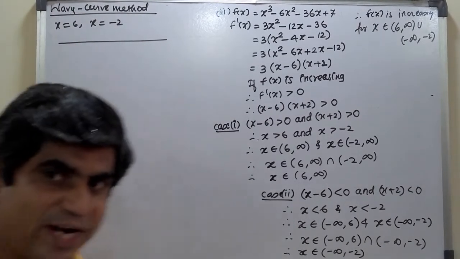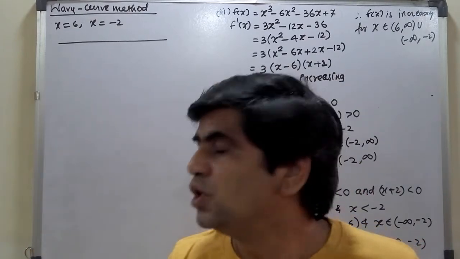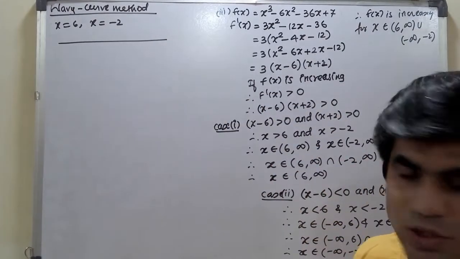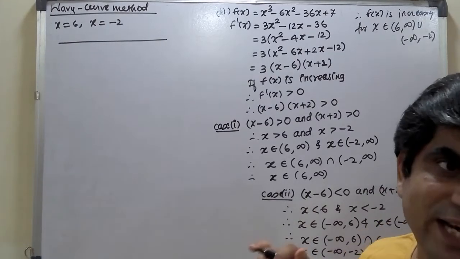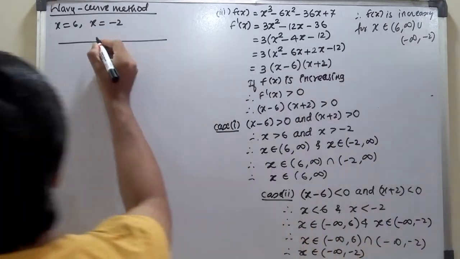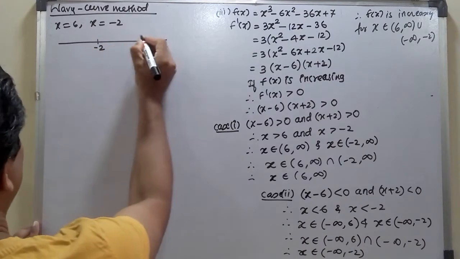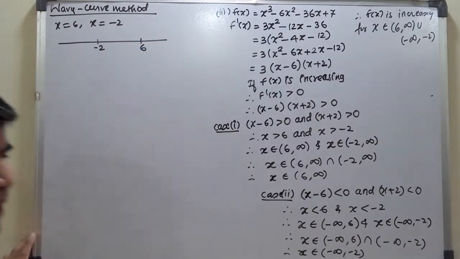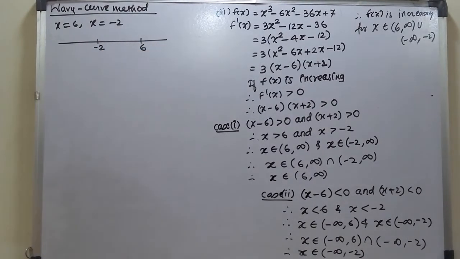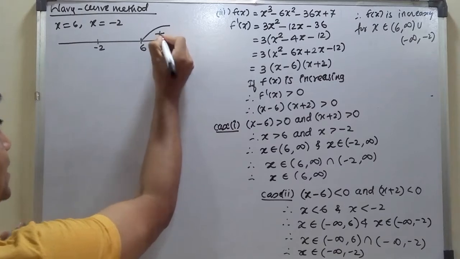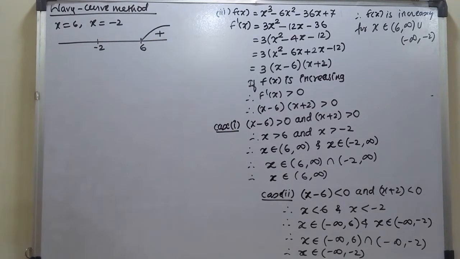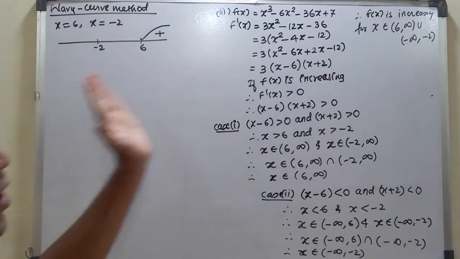Critical points means those points which are going to decide something. So these are the deciding points. So these 2 points you plot on a number line. So on the number line, who will come first, 6 or minus 2? To the left side will be minus 2. Obviously, here minus 2 and this will be your 6. Okay. Now after the extreme right, compulsory after the extreme right, you take this particular portion like this and write plus sign over here. That means all the values after 6, that is the highest value, will be always positive. Means it is going to give you positive value.